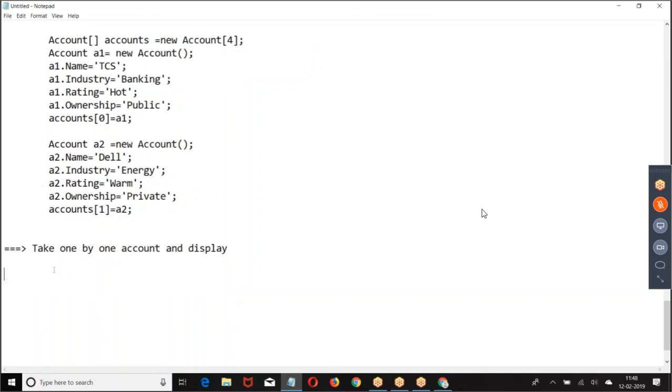If it is an array of account, how do you take it? Account A, accounts. We have an array of accounts, a group of accounts; refer to one by one account and print it.